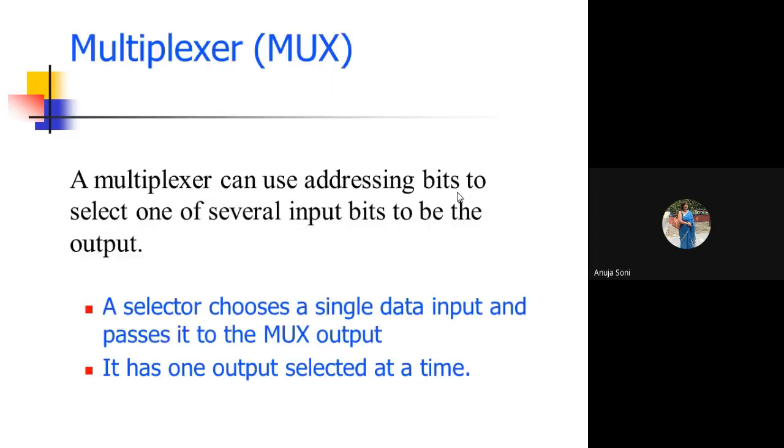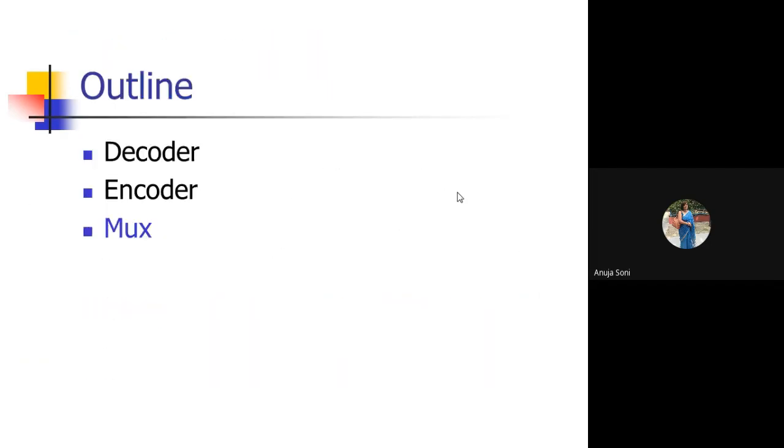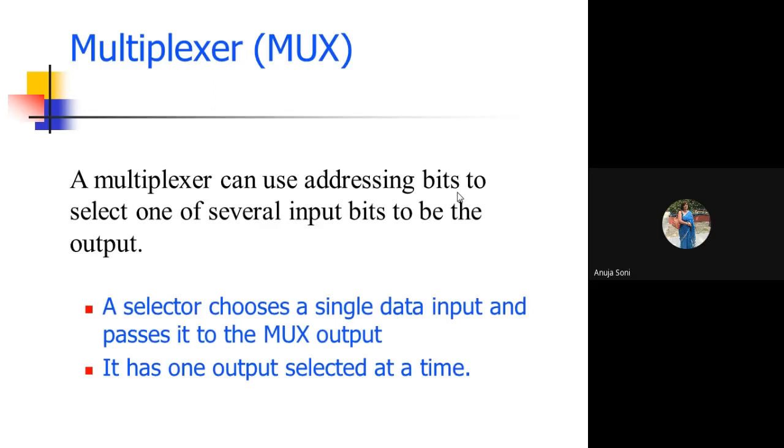You are generally asked to draw one logic circuit diagram for a multiplexer or the decoder. Essentially, one question comes from this chapter. I hope I have already shared this PPT in your WhatsApp group. You can go through the PPT and the contents of the chapter, and you have to practice drawing the logic circuit diagram as well as the truth table. You have to submit it to me in the form of an assignment for the multiplexer as well as the decoder.